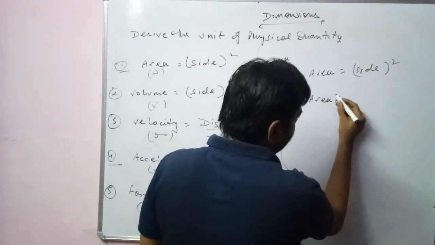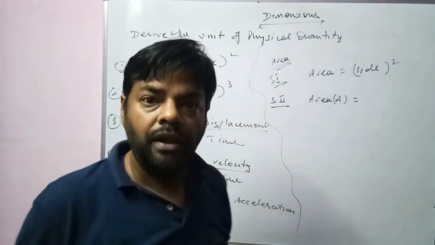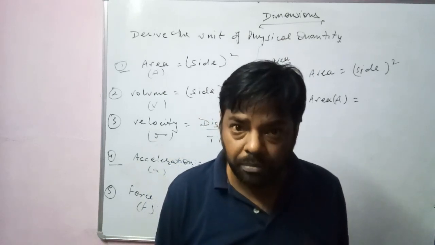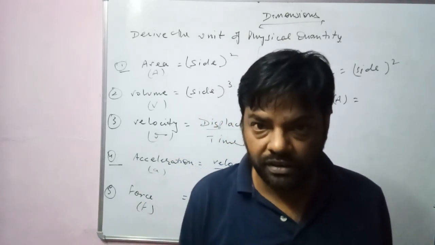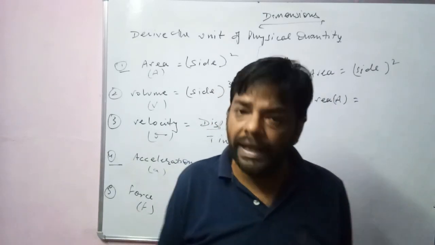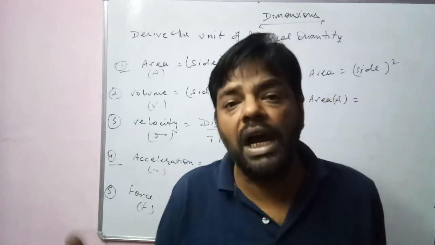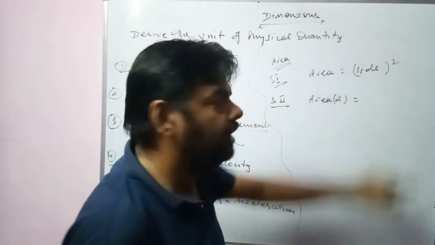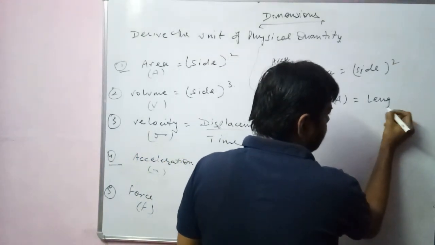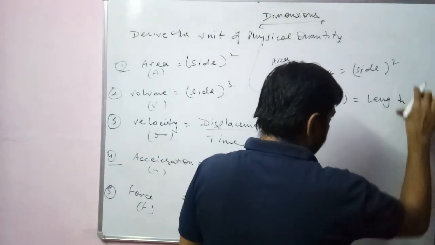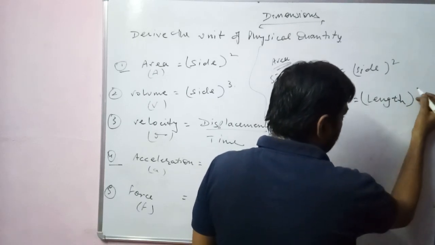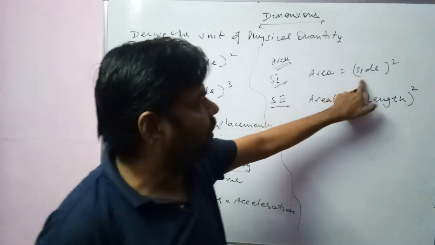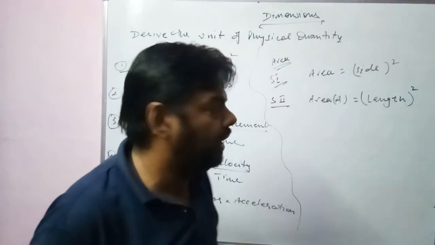this area along with the symbol is written as side. Does side belong to mass, to length, to time, or anything else? Side is just a kind of length. Side is not a kind of mass. Side is not a kind of time. So, students, instead of the side, we have to write out the fundamental quantity length. Side square, so we have to write length square.